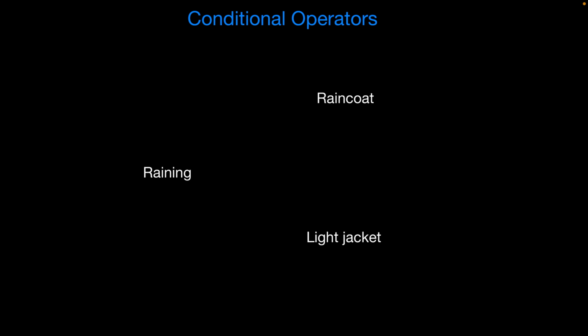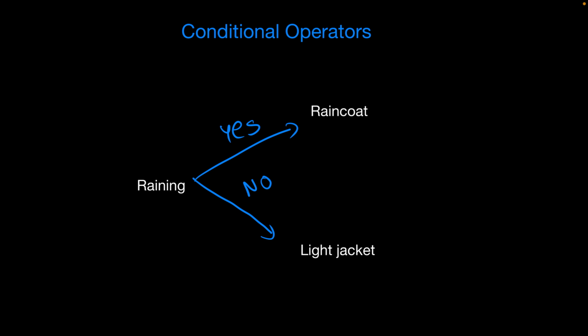Imagine you're deciding what to wear in the morning. You might think, if it's raining, I'll wear a raincoat. Otherwise, I'll wear a light jacket. In programming, we often need to make decisions based on specific conditions. So today, we'll explore how to make these decisions in JavaScript using control structures such as if, else, and switch